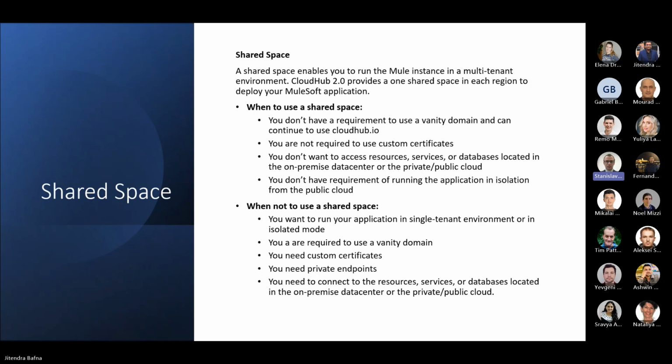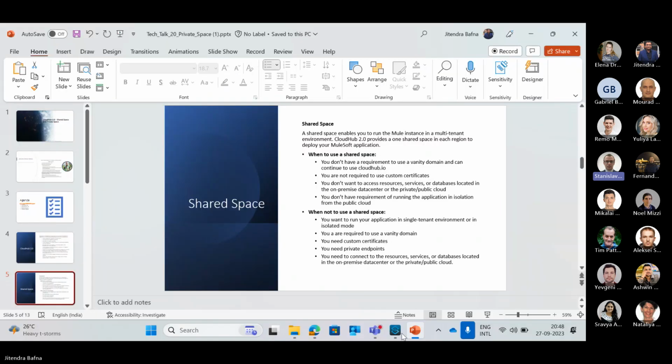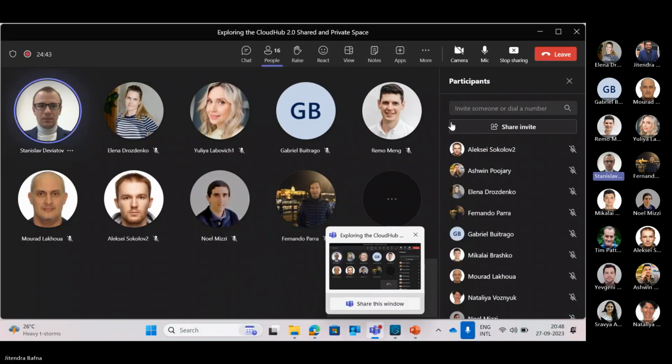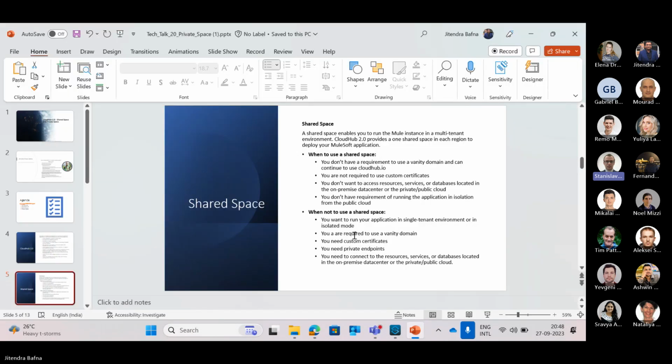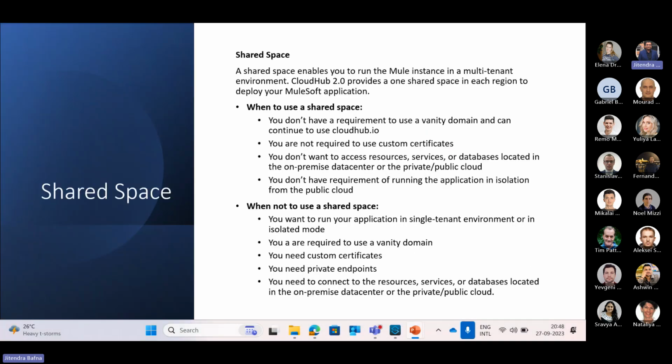Maybe one question. It looks like CloudHub 2.0 looks like a managed Runtime Fabric environment, right? Yeah. So in the backend, it is using Runtime Fabric, like whatever features are provided by RTF. Similar features are provided by CloudHub 2.0, like supporting the clustering deployment models. Yeah, but there's